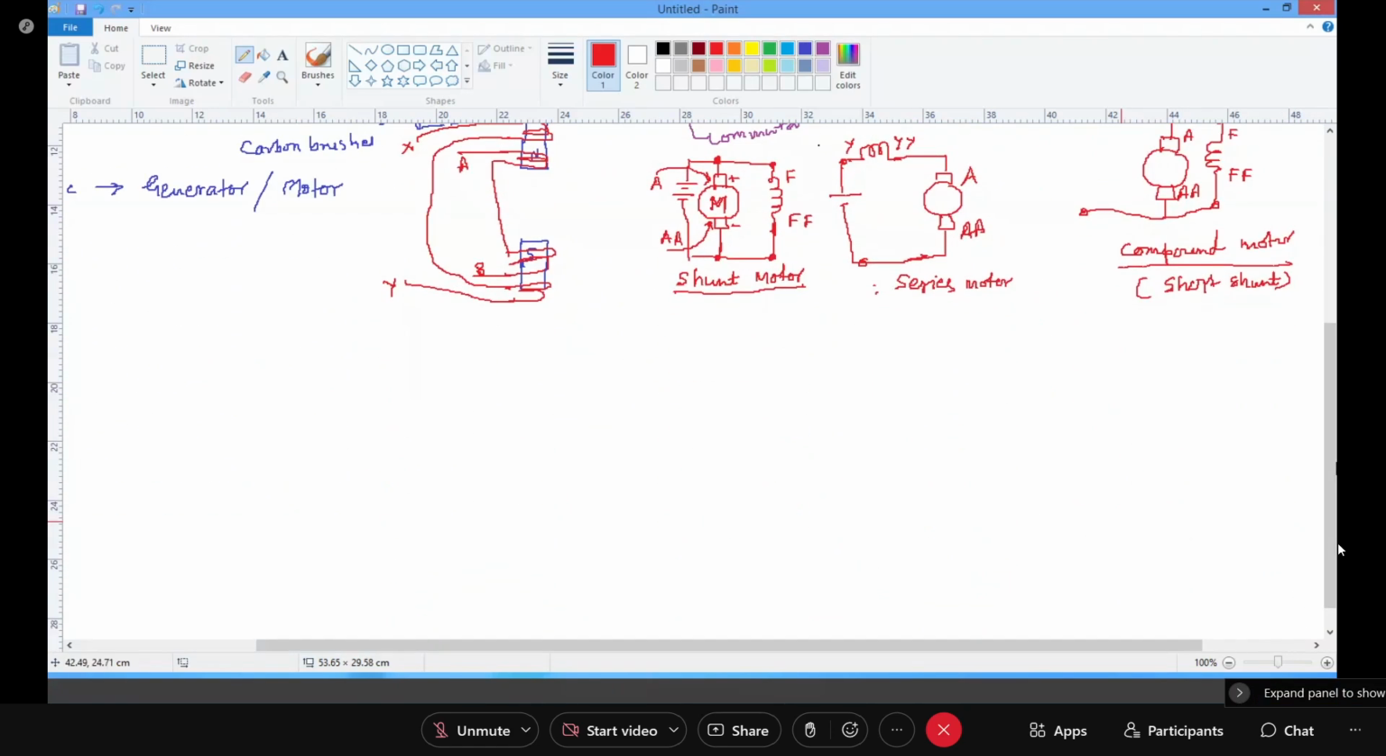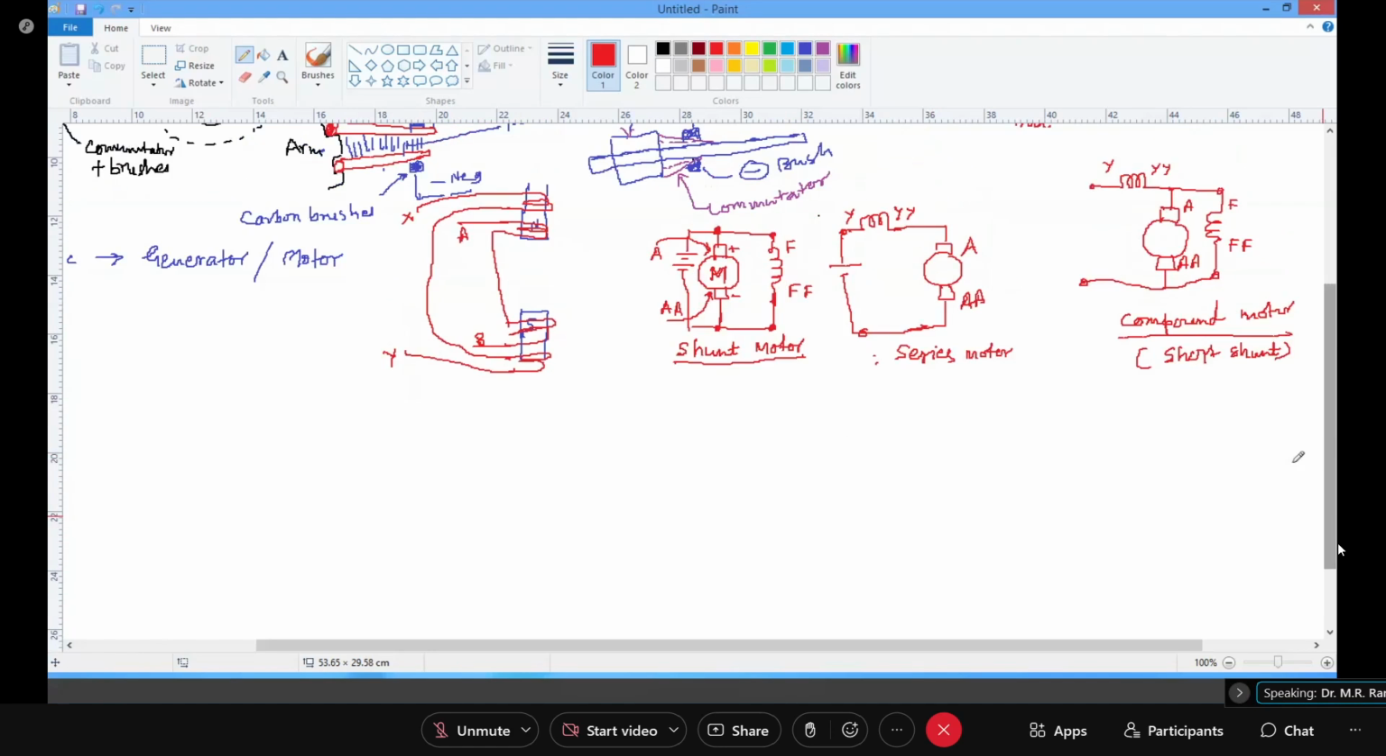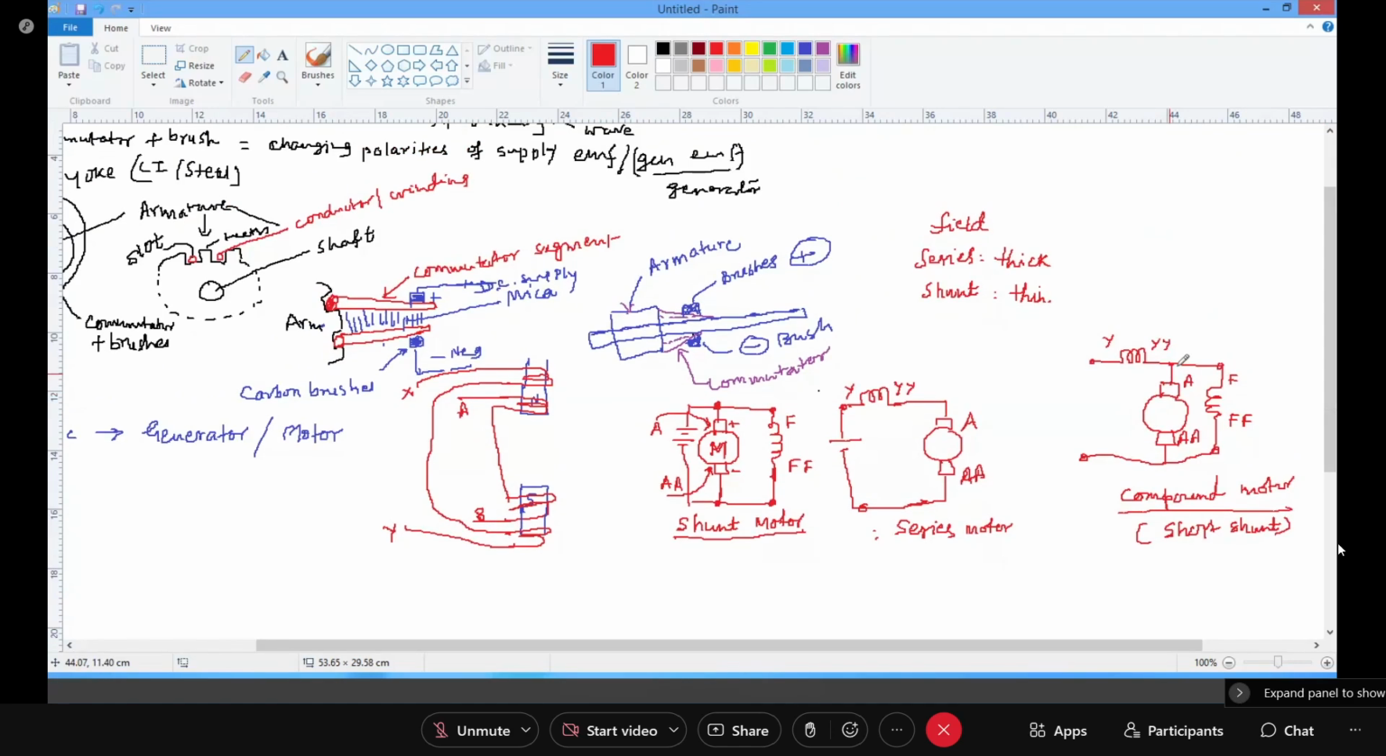Now we have seen the different types. What was written under short shunt? Short shunt means how you connect the series and shunt field to the armature. Depending on that, there will be different types again in a compound motor. You need not worry, I'll just show you one thing that will make it clear. I have connected the shunt winding across the armature, but it is possible, just for understanding,